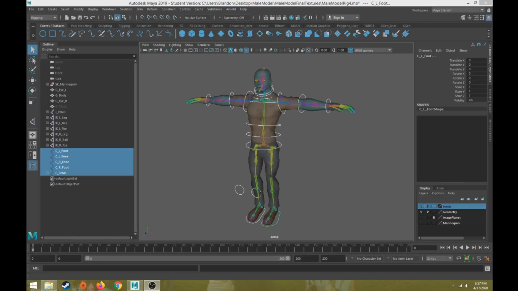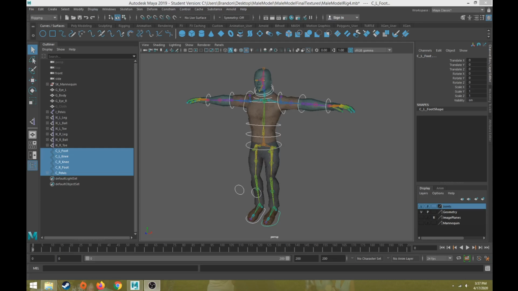Hi everybody, this will be part 27 in the character rigging tutorial series. Last video we talked about how to set up the arm controls, and videos before that we set up the torso and leg controls. So now we're going to come back and talk about some smaller controls that could be